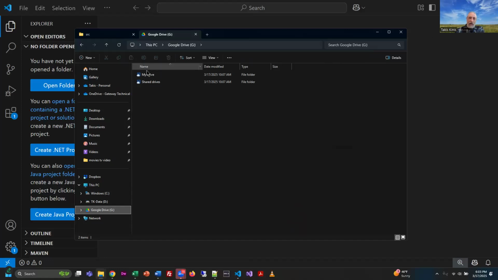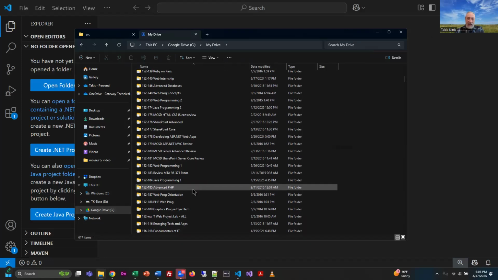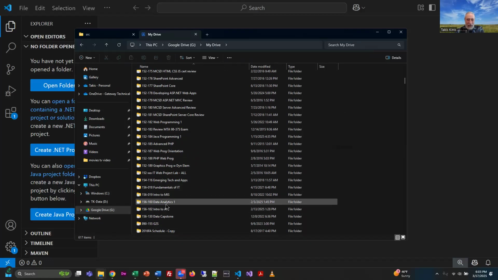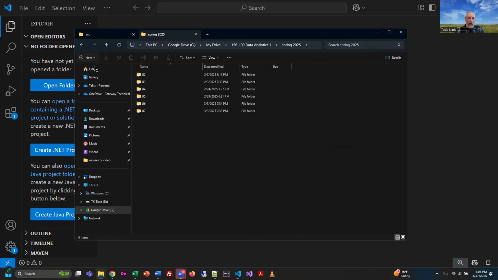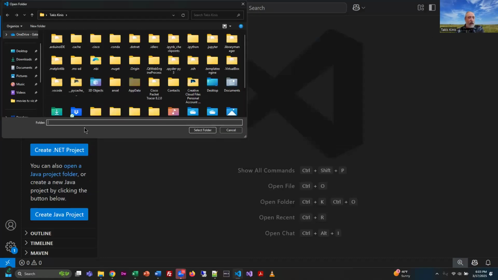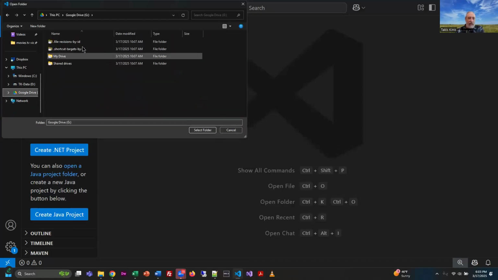And I tend to put everything on my Google Drive, and you guys can have your own storage approach. But I do have a folder for spring of 2025, and we are working on Unit 8. I might do a little amendment to that because I want to know this is Python code. Everything else is Excel. That's why I'm doing that. But I'm going to put all my work there. So now that I have the folder, I'm going to go ahead and open it. So I'm going to navigate to that same spot